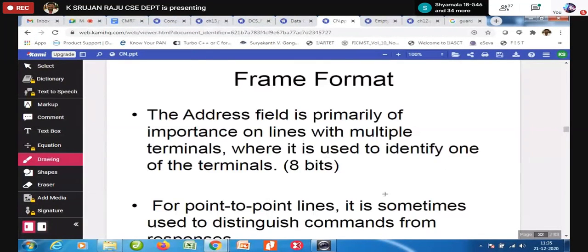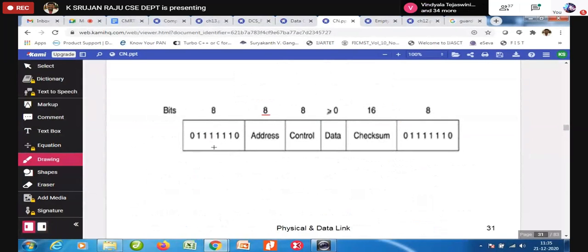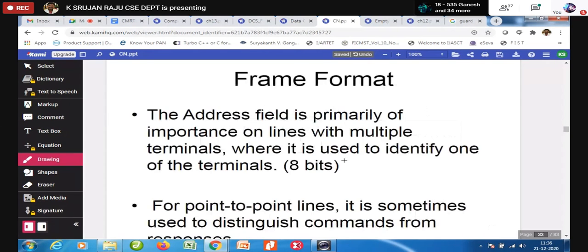So here, if you look at the frame format, the first part is the address part, and this is the starting of the frame. We are going to keep 01111110 to identify it, using the bit-oriented framing concept. We use a frame check sequence, and to synchronize we send some bits, and whenever 0 followed by six ones and a zero is there, we take it as the starting of the frame. The same way we are going to use it over here.